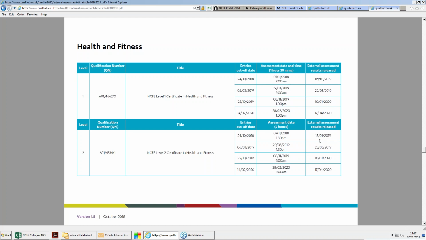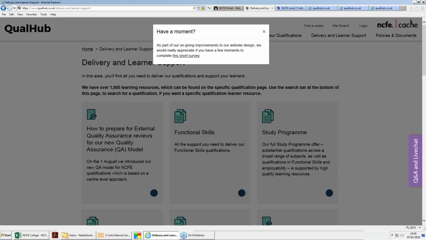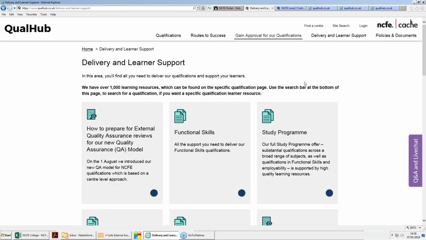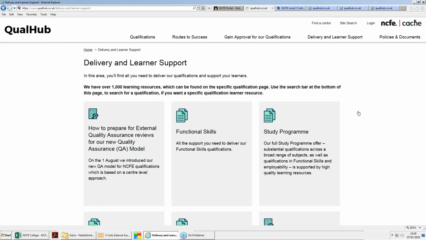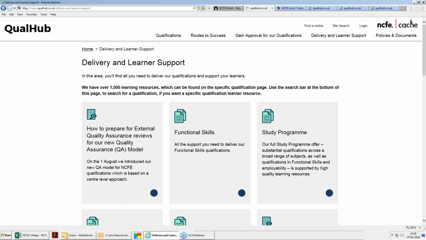So what you would do, you do have options available. You could, in this instance, if you wanted to, submit an inquiry about the result. So the way you would do this is by clicking into the Delivery and Learner Support tab on QualHub, which I'm just going to go back to now. Right, Delivery and Learner Support. And then from there, once that loads up, all you would do is scroll down the screen,